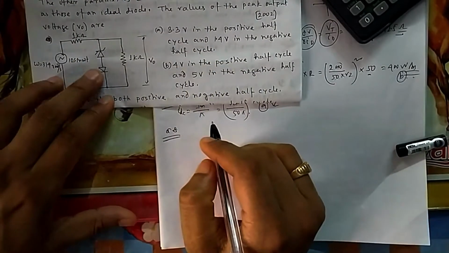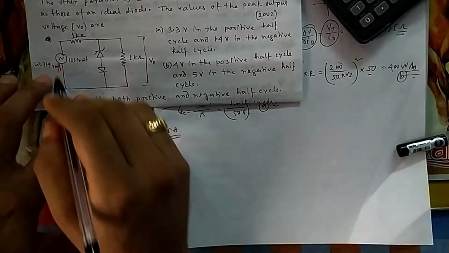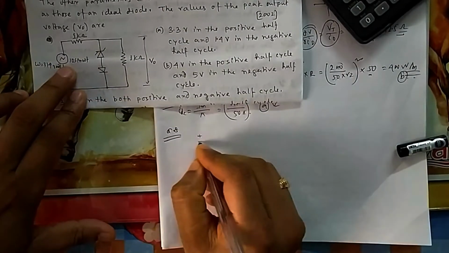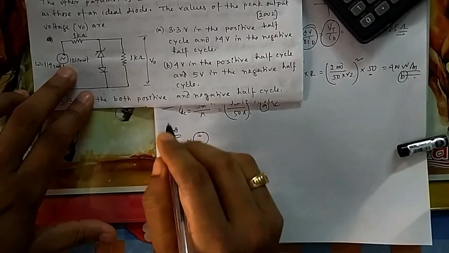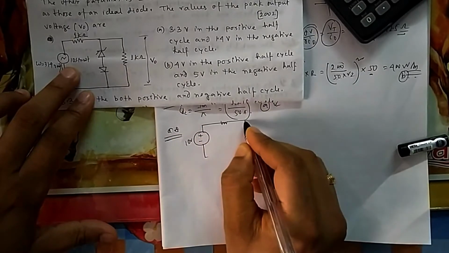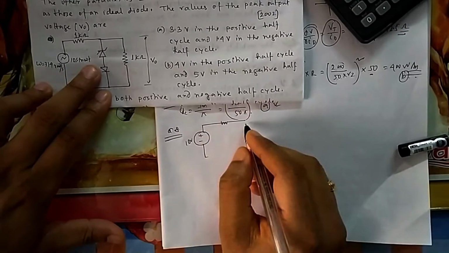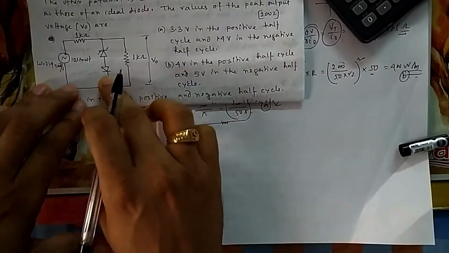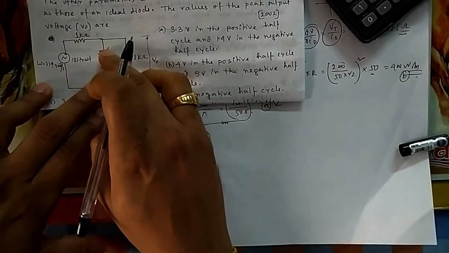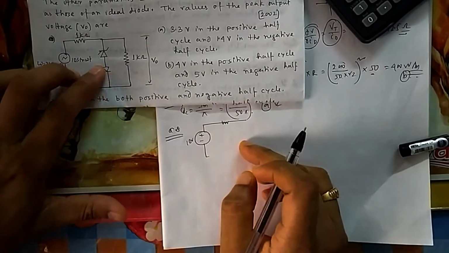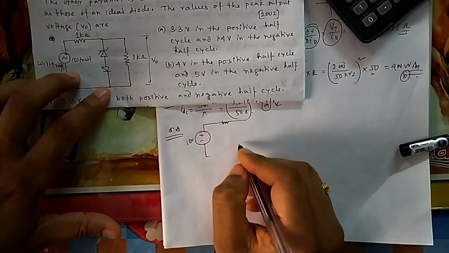Okay, suppose I give positive 10 volt in the positive half, what is the peak value? If you see this one, there is a resistance. What will this circuit look like? Because the input is positive, the Zener is reverse biased and this diode is forward biased. You can see negative is here, and if the Zener is reverse biased, breakdown will come, then plus will also come here. So this will have a forward voltage. So this will look like this.